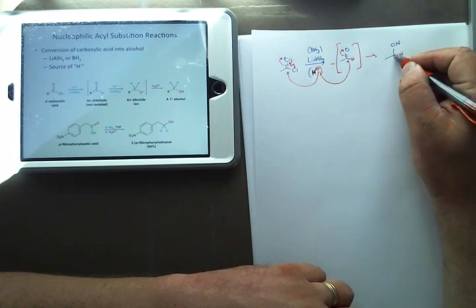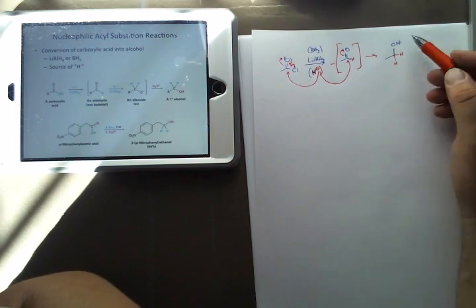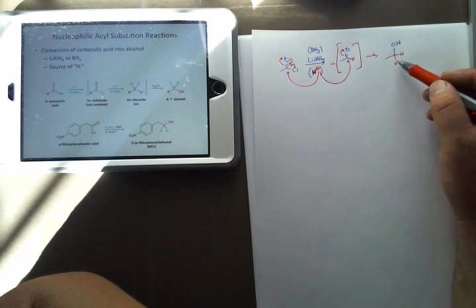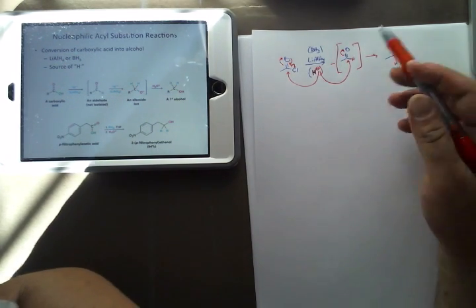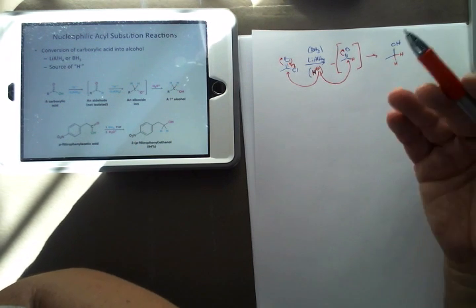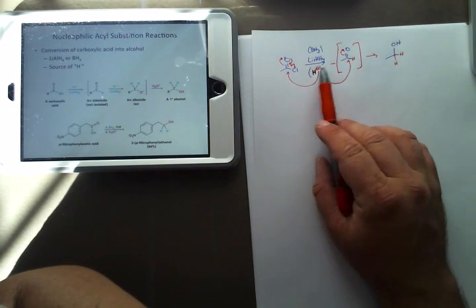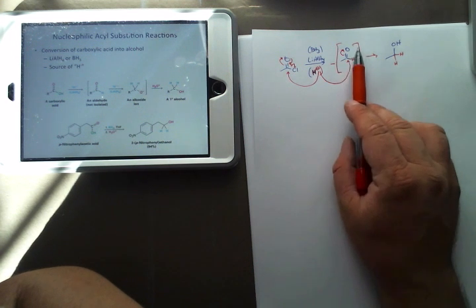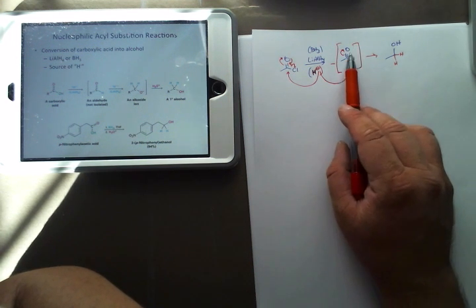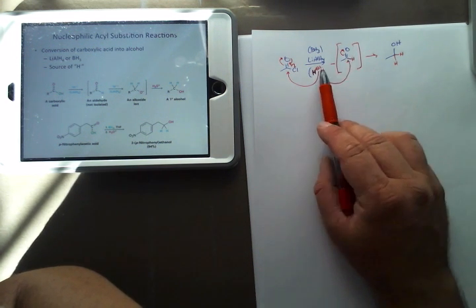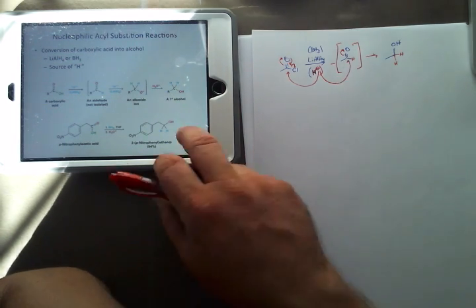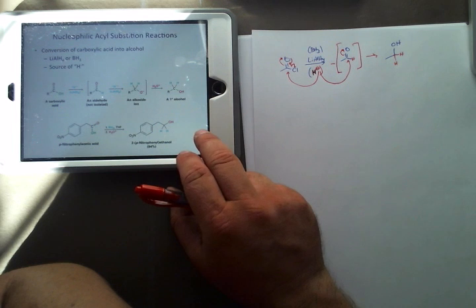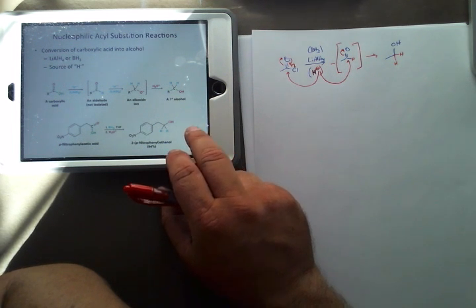So you're going to end up with an OH plus two hydrogens hanging off of it. So when you're adding hydrogens, you're going to end up adding two, because you go through this aldehyde intermediate first. That's the first step, but it is too reactive, so you get another one in there to attack. Same thing happens with